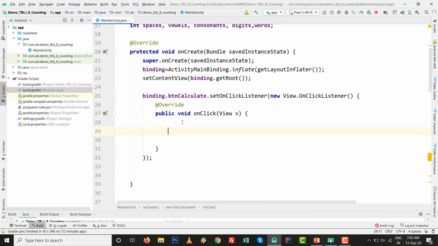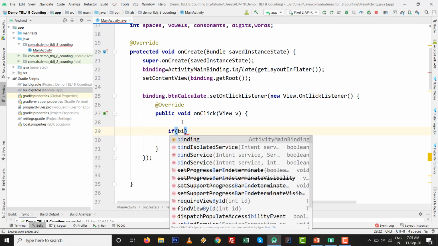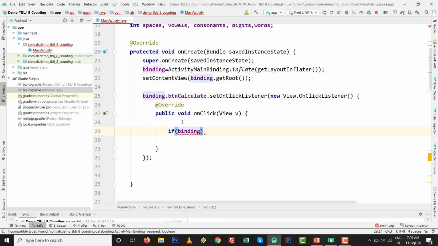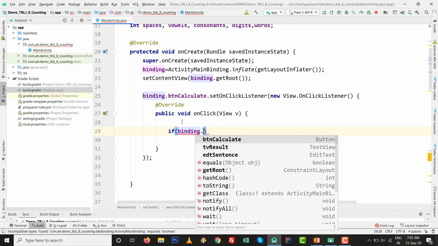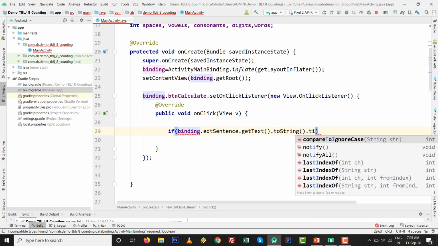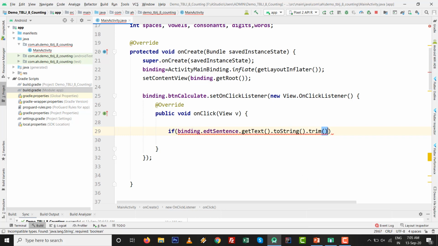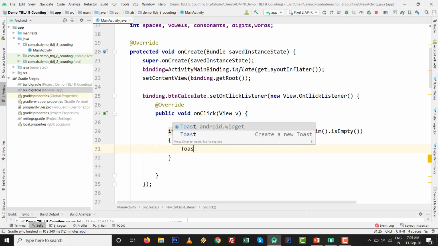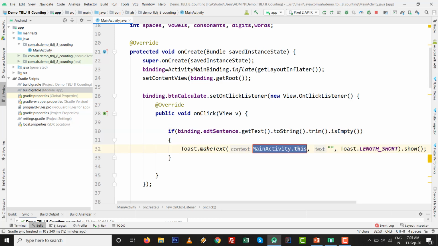Inside this we write binding dot edt sentence dot get text dot toString dot trim, dot is empty, then we first use a toast message, Toast with MainActivity dot this, and write one line: enter some value.